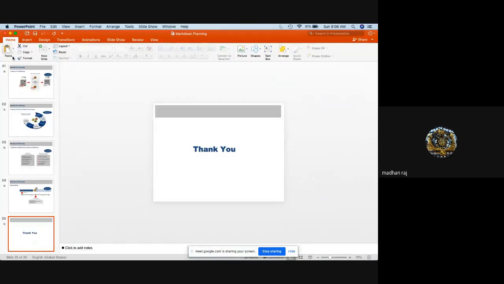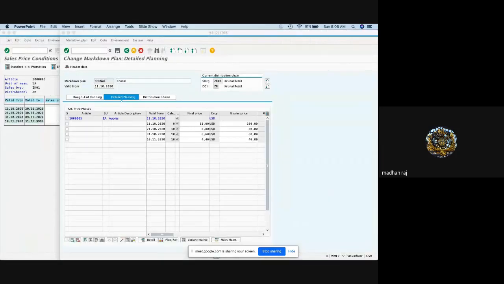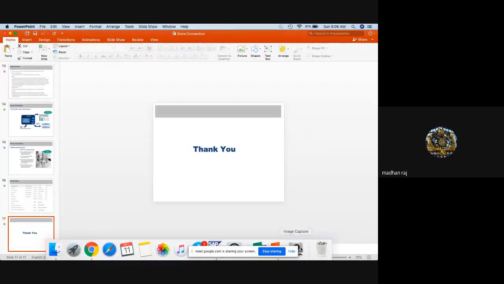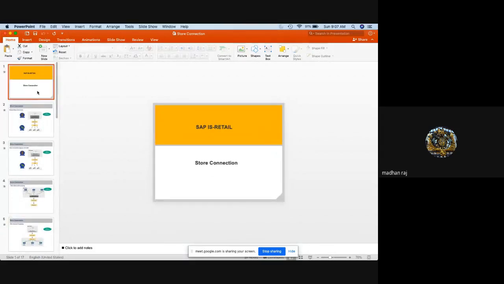Okay. So now we will proceed to the next chapter, which is the store connection. In retail, sales 100% happen here only because we don't do wholesale, right? So no sales order, delivery, billing. Everything, whatever sales happen, happens at the till where you go and bill your items at the store. Whatever sale has happened is brought back to the ECC system,